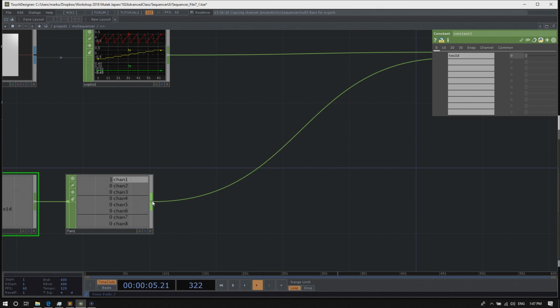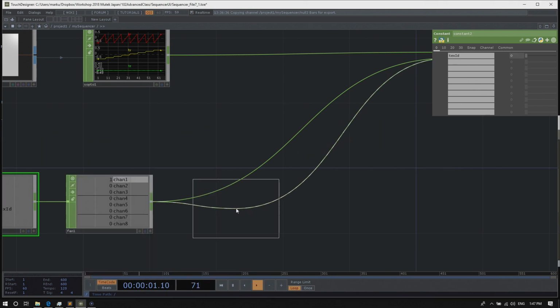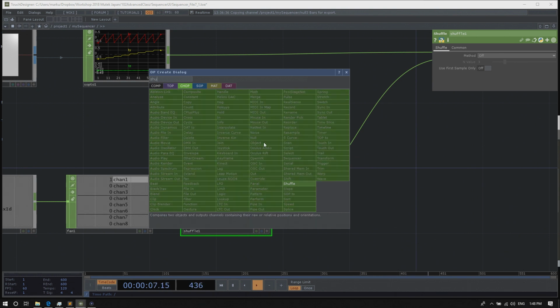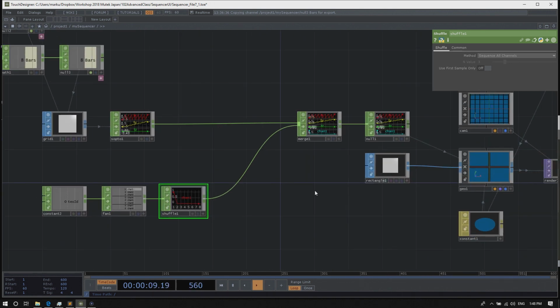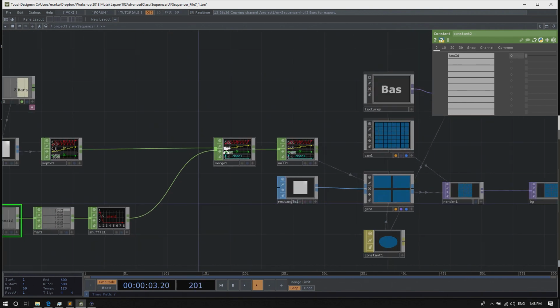So let's append a shuffle CHOP with the method set to sequence all channels.